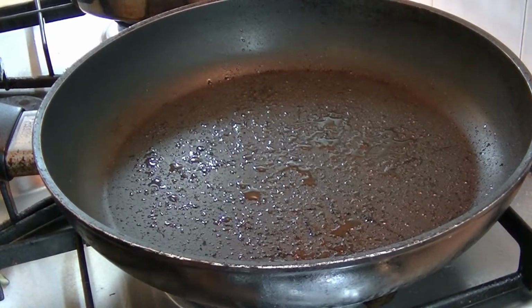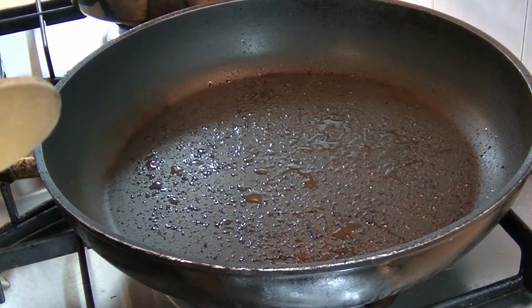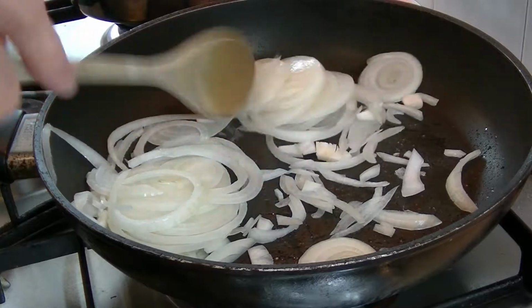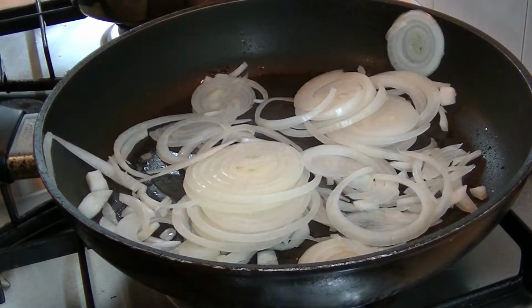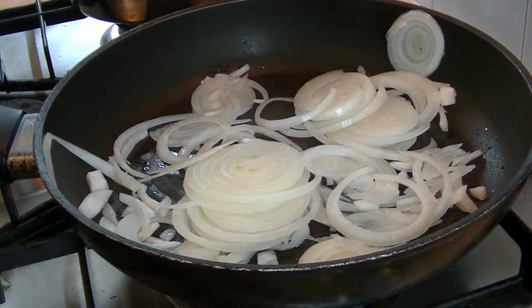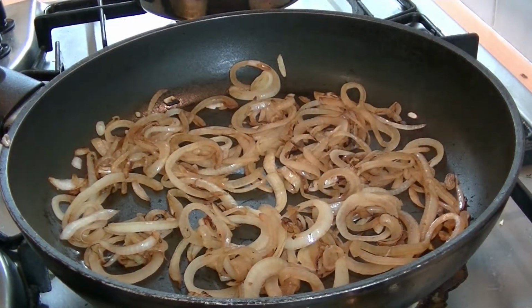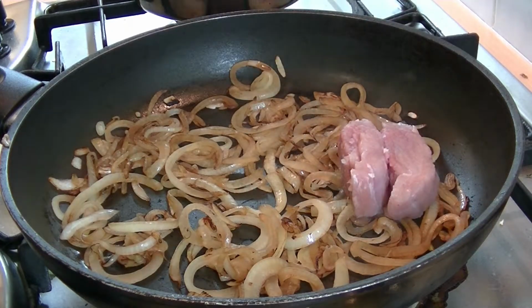Okay, so first thing I've done is got the pan over a medium heat, sprayed it with some low calorie spray and put in my sliced onion. I'm going to leave that there to fry down for about 10 minutes or so until it's started to brown. The onions have now cooked, gone golden brown, so I've cut up the pork loin into pieces,